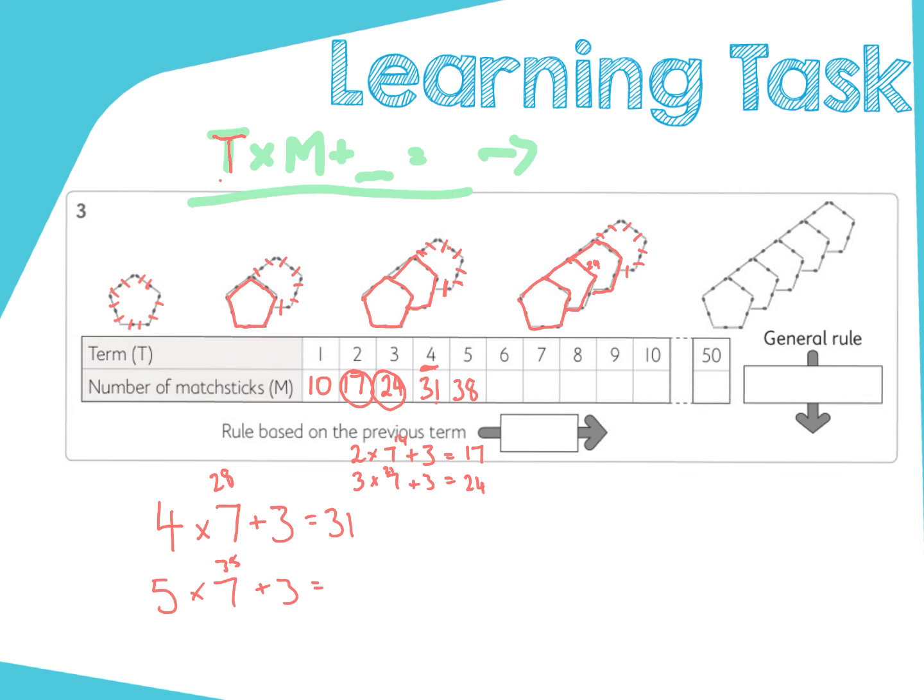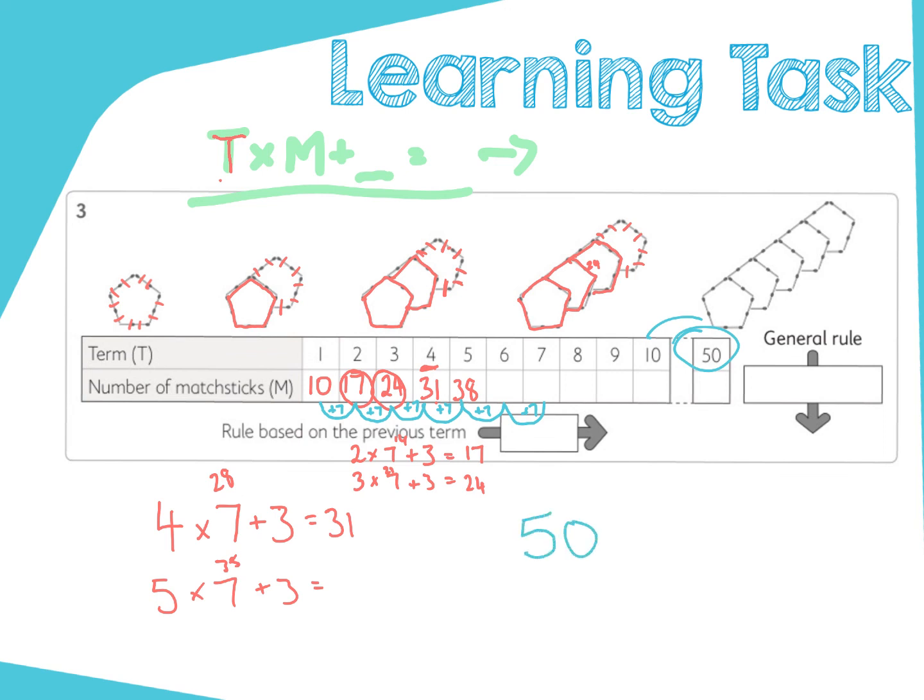And I can go back through, I can make sure this works, because I know that from here to here, I've added 7. From here to here, I've added 7. From here to here, I've added 7. From here to here, I've added 7. And what I could keep doing, I could just keep adding 7 all the way through. But the reason why I want you to figure out a rule or a general pattern is for when I've got numbers like 50, all right? Because I can't keep adding, I'd have to draw a table that went all the way up to 50, all right? That'd take too long. Now that I've got my general rule and my pattern, I can simply just say, well,